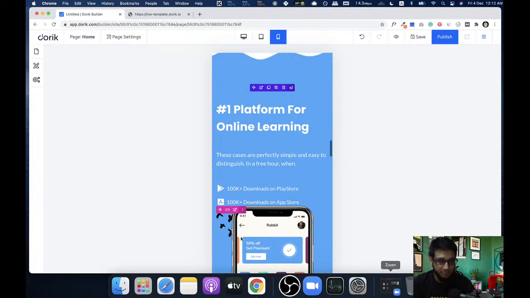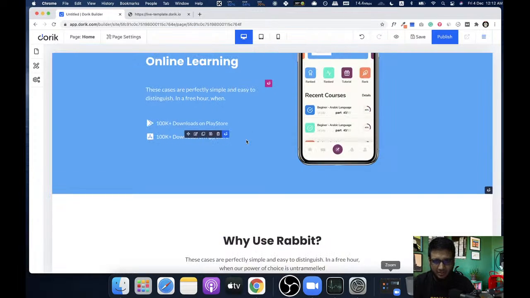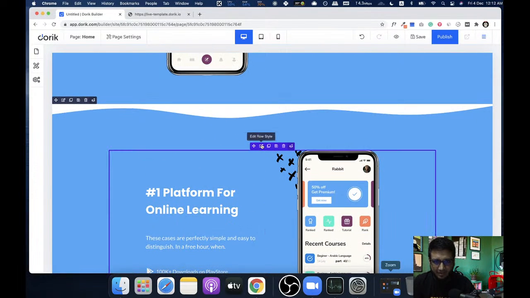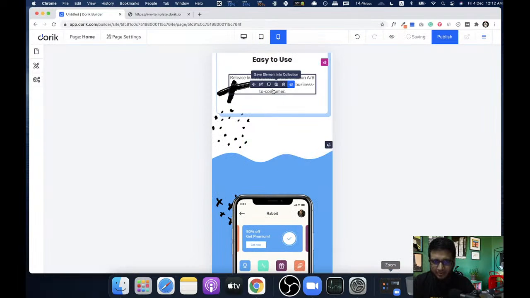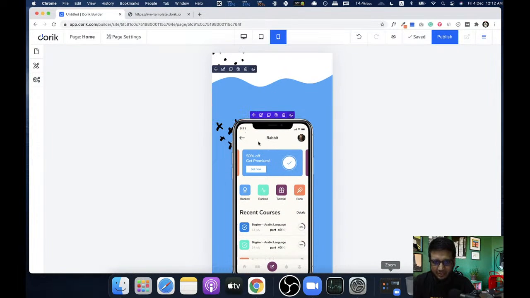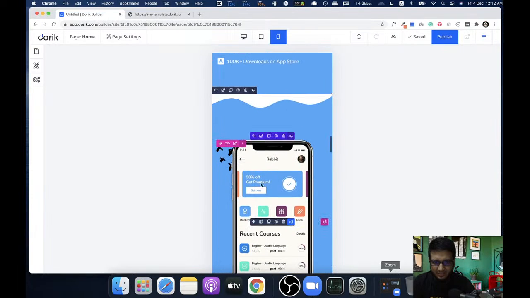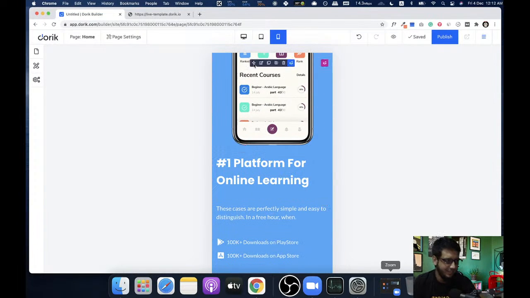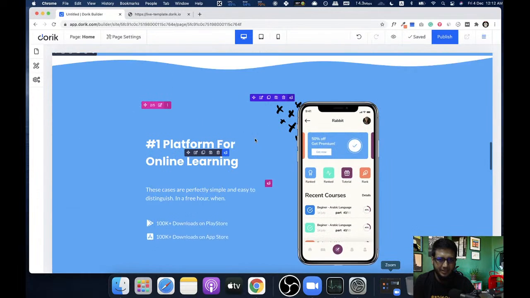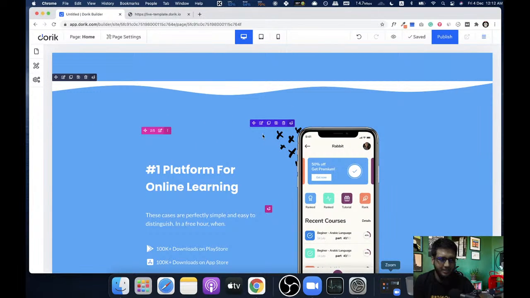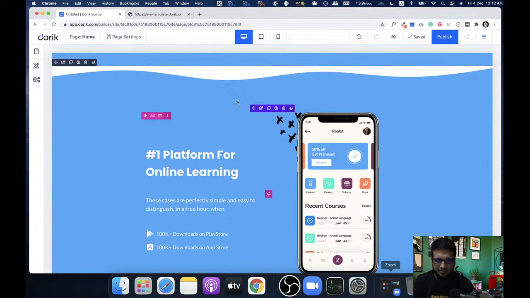Sometimes we want that, so we have a cool feature: if you go to the row style, there's a feature called reverse column stacking. Turn it on. Now if we go back to mobile, you see the first image is here, then text, then image, then text. So it will switch the stacking order for responsive.